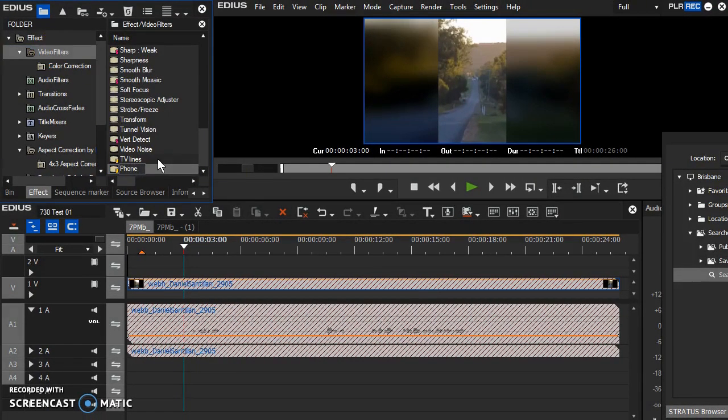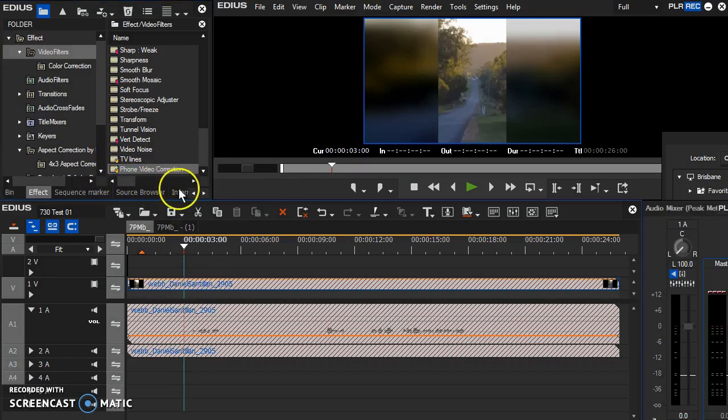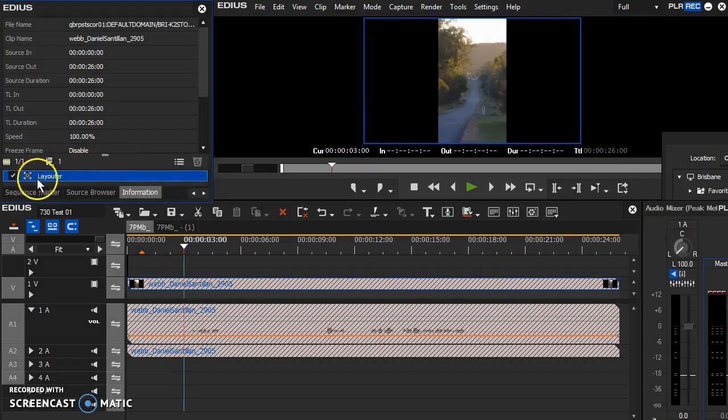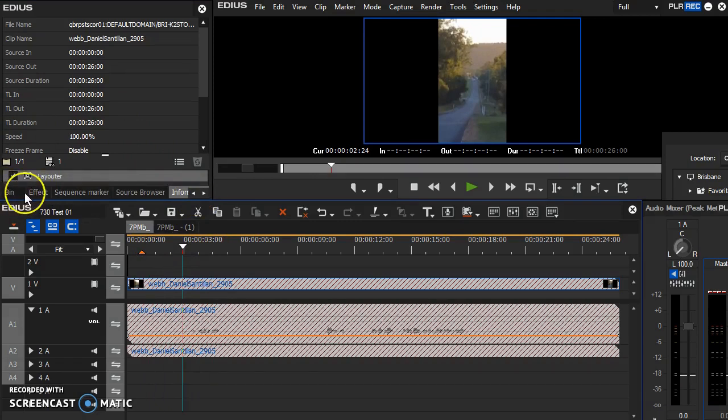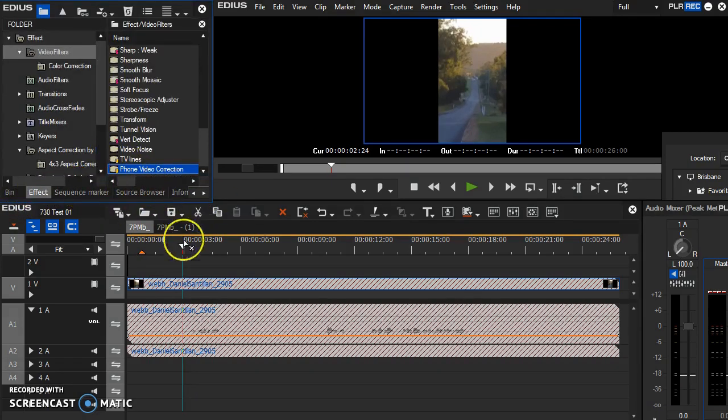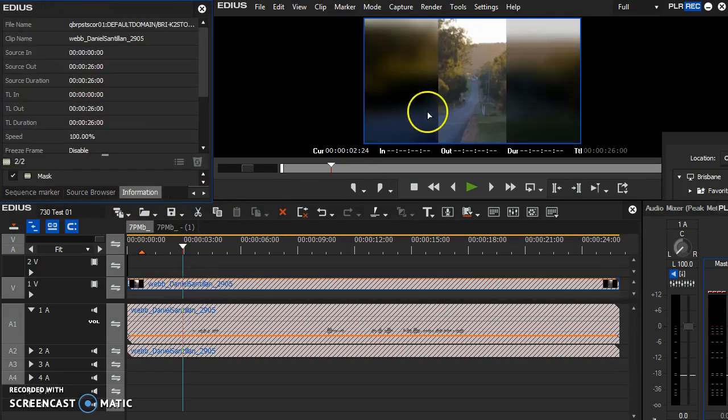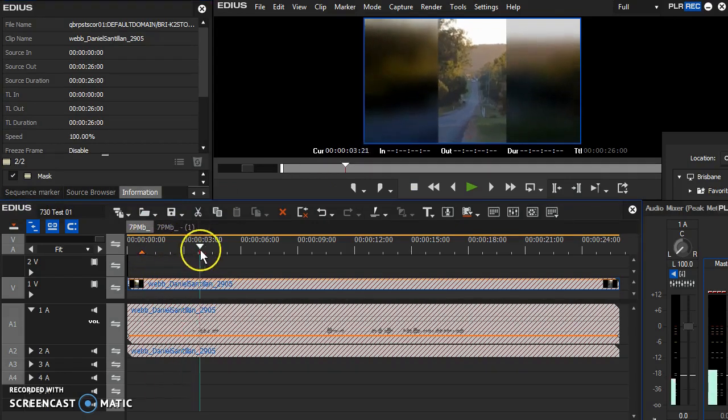phone video correction. And then you can easily apply that if I delete our mask. So we go back to what we had before. We find the effects bin and we can drag that onto any clip, and instantly we have our mask and